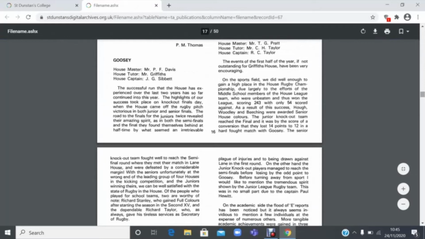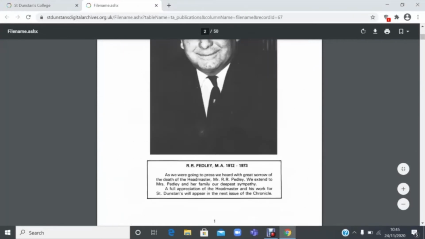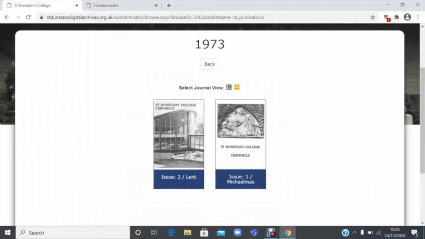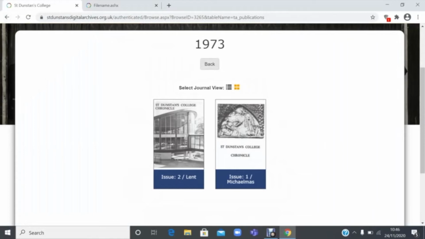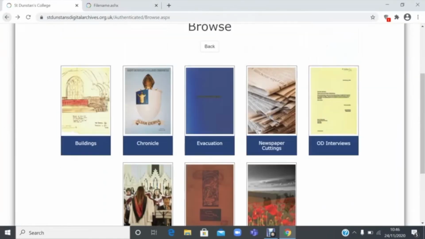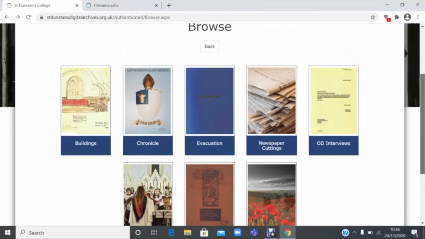One thing I would say here is that there is a back button here that you would expect to take you back up a level. We're having a slight glitch with that, so you may sometimes be better off using the back button on the browser rather than the back button here to take you back to where you started. So I'm going to go back to the home page of the